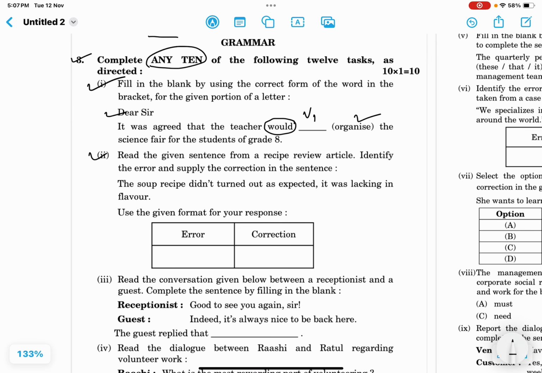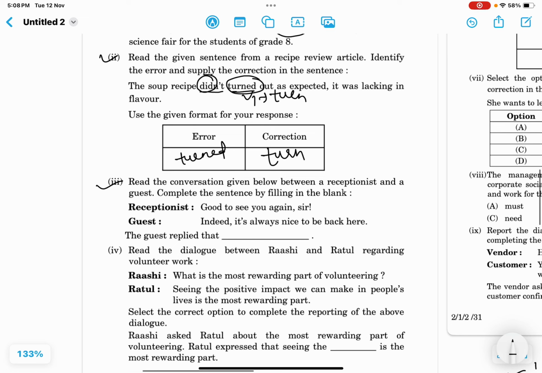Error correction. The soup recipe didn't turn out as expected. It was lacking in flavor. So once again the same thing. We are to use the first form with did, but here it is given in the second or third form. So we have to change it into the first form, that is turn. So the error is turned and the correction would be turn. Next question is,